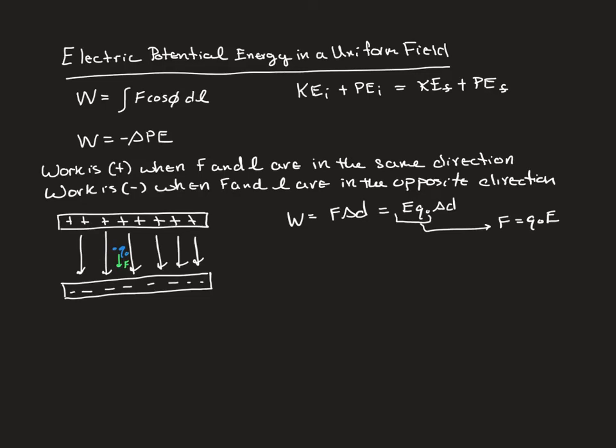Alright, so in this video we're going to discuss electric potential energy in a uniform field. Now remember, work is the negative change of the potential energy. So in order to get the potential energy, we're going to be looking at work. And remember, work is essentially the force that is applied parallel to a displacement. So you have to push something, and whatever portion of force is parallel to the path you're taking leads to